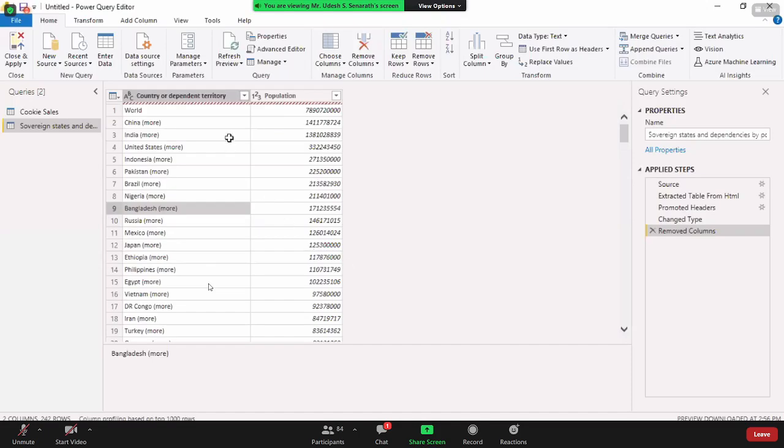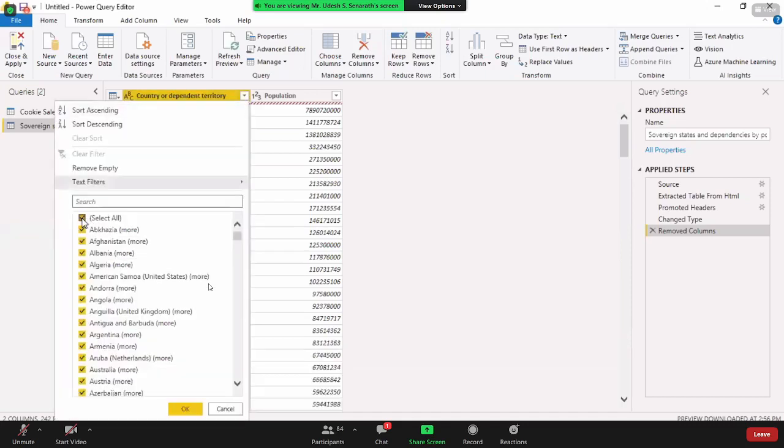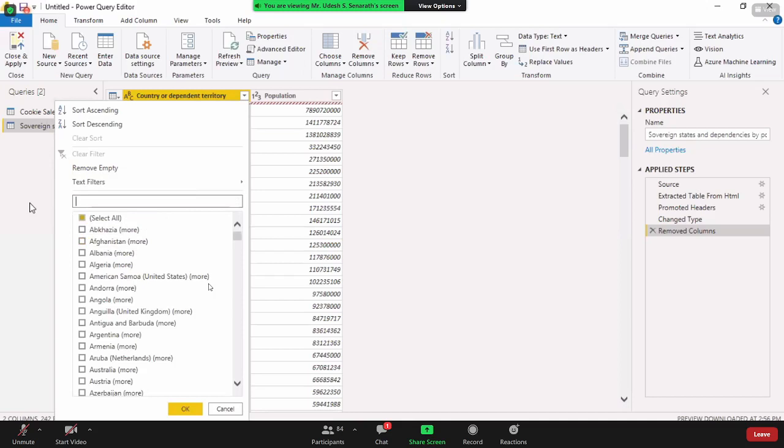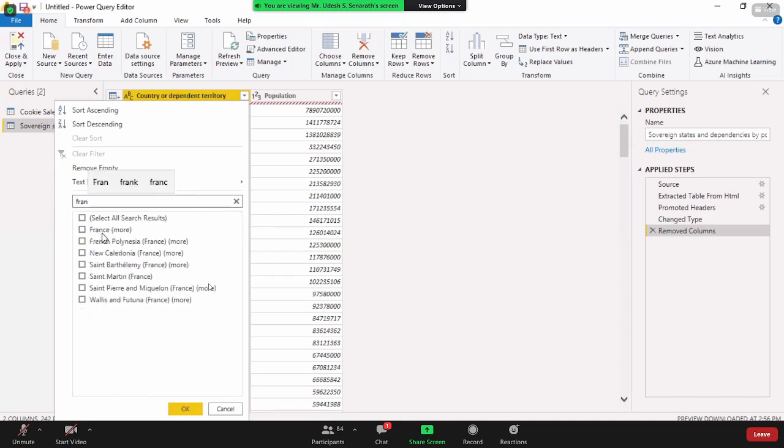How you can get those countries, right? You just click on here and you just untick here, select all. Now you have to type the country by country. First, let's say we want Canada. If you type can, you have the option here, suggestion for Canada. You select it, then what you want, no, France. Okay, here we have France, pick it,